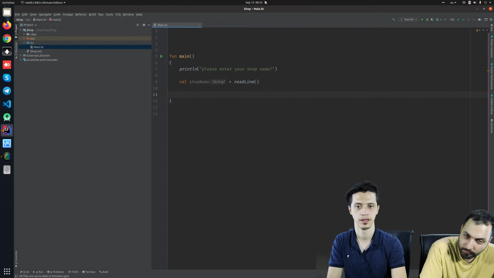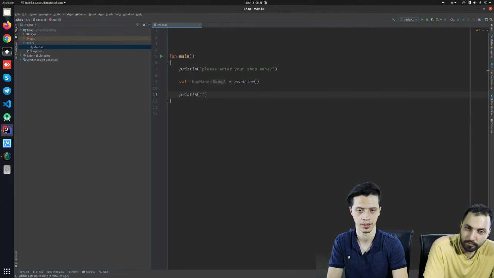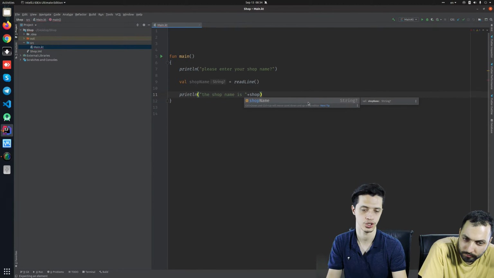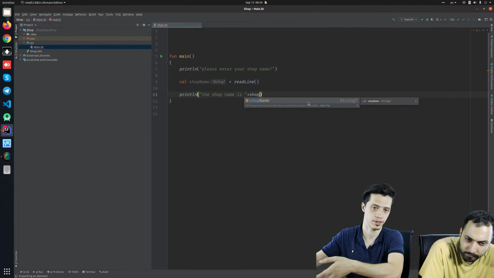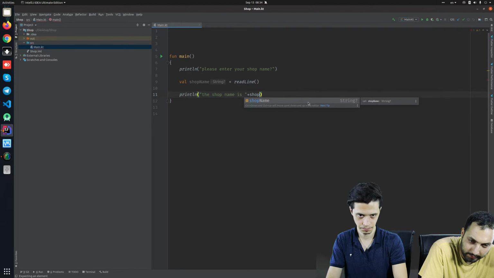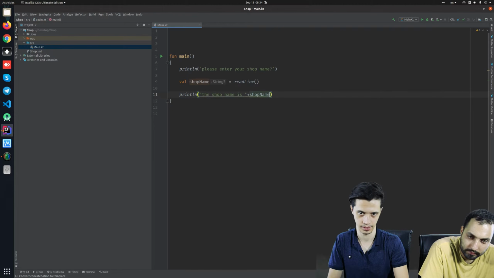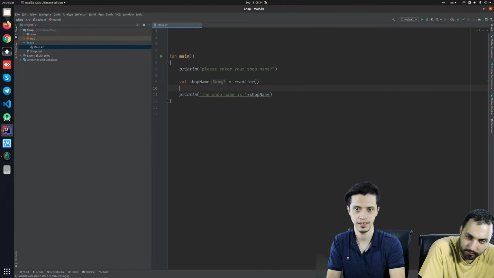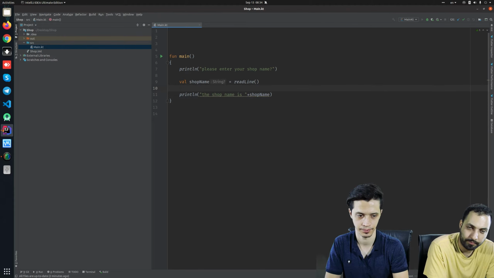and then let's print the value that the user has entered as the shop name. The shop name is, for example, plus. We are constructing a string. Part of it is constant, part of it is dynamic. We are concatenating. Exactly. So if we run the application,